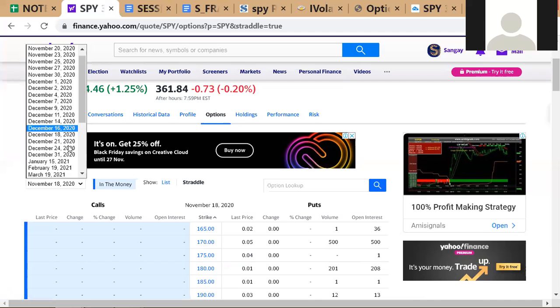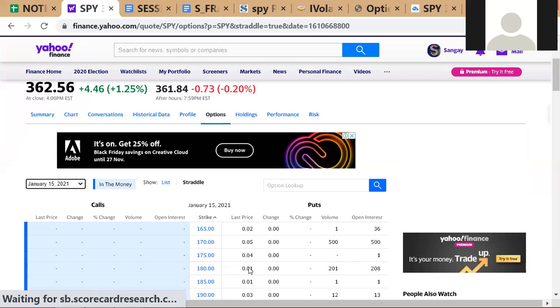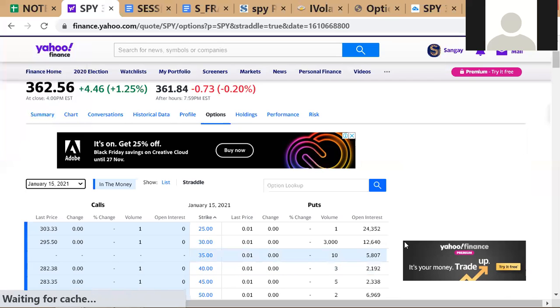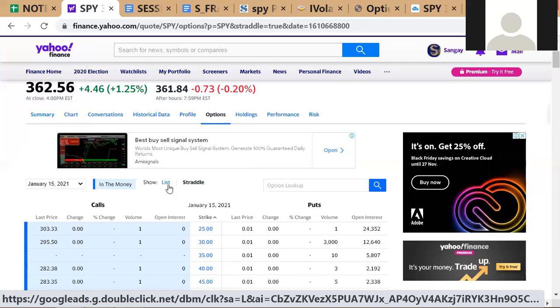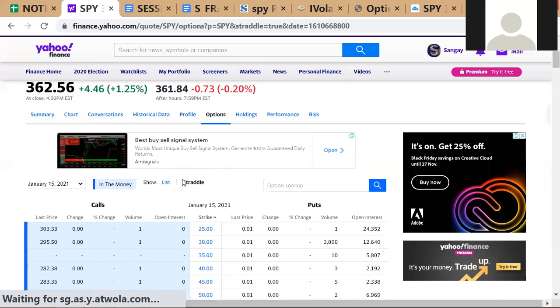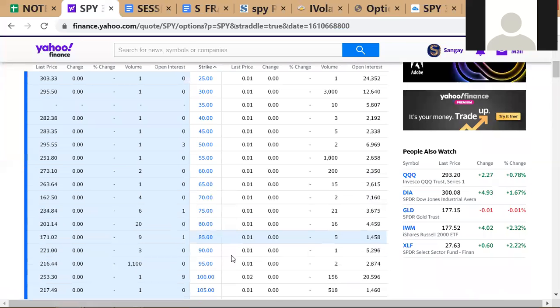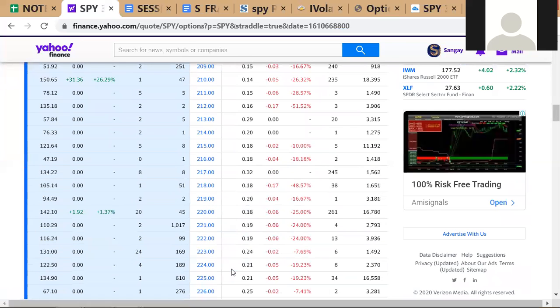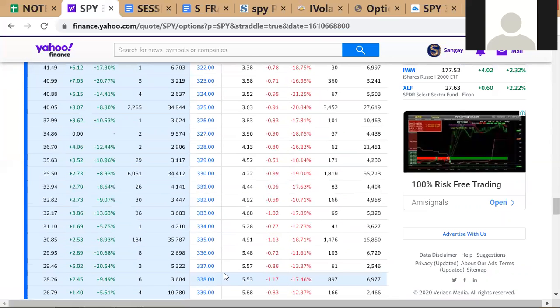So if we go further down, let's say to Jan 15th, that will become more interesting. You'll see that they'll be worth much more, I think. They are talking about a wider range of options. All right, let's say if we go further down. Anyway, we have to go down a lot. But if we see these prices,